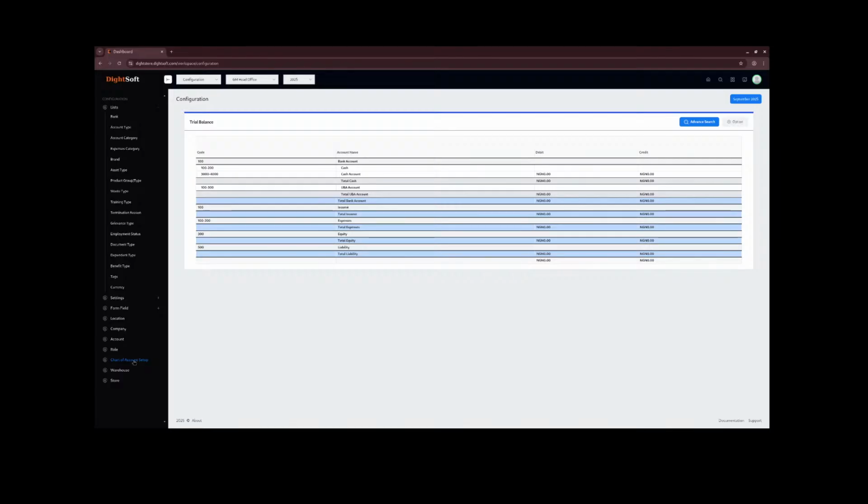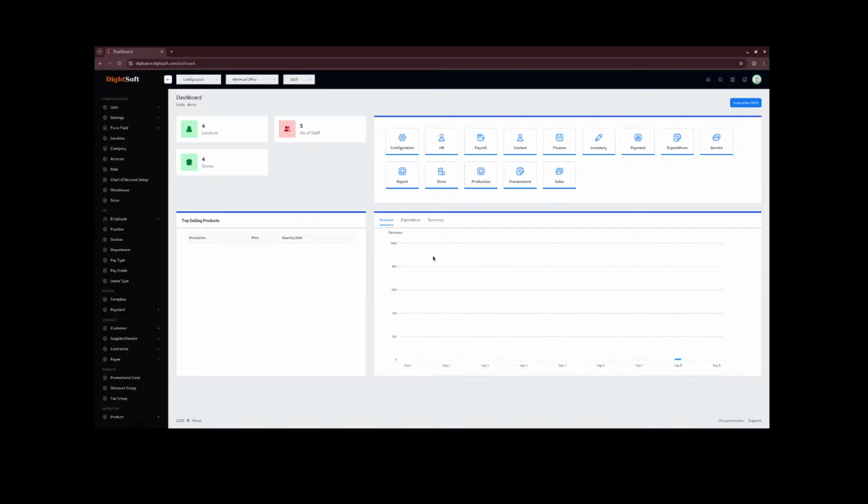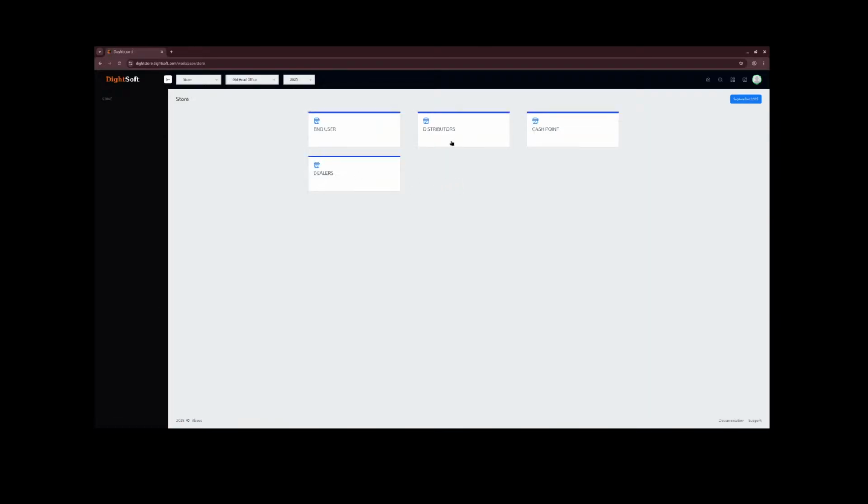But if it's not configured, the system will just ignore it. It doesn't stop sales from happening when the configuration is not done. So that is under settings. Then another change that was done is, you see the different